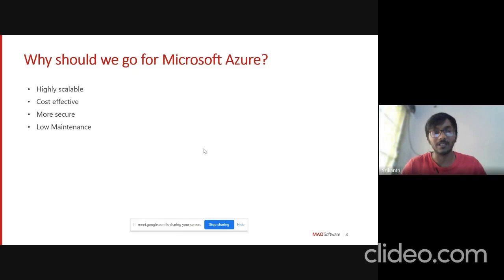Everything is secured with the latest Microsoft technology. The next thing is low maintenance. You maintain everything on the Azure portal dashboard, so you don't need to physically maintain anything.